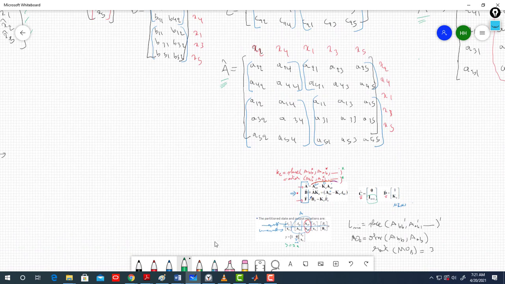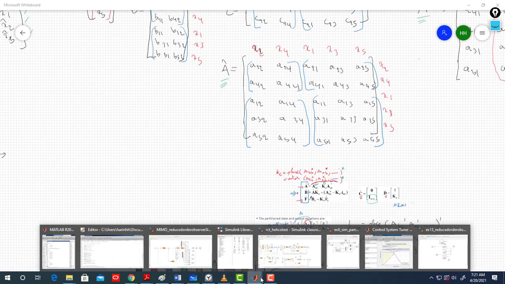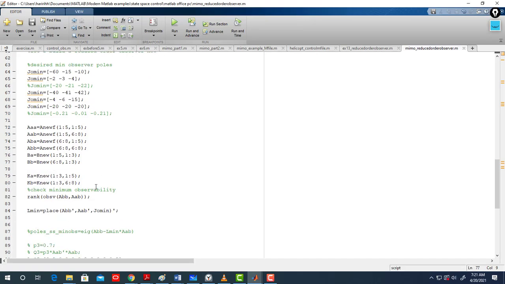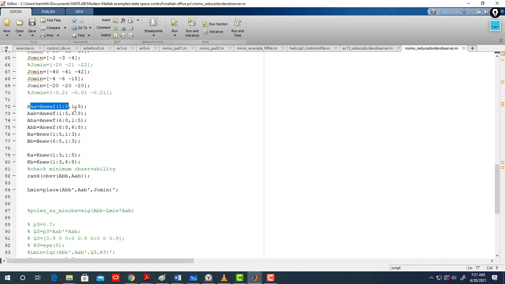You can look at it again in MATLAB. That's basically what I did. Good. I can check the minimum observability. Once it is, I design my minimum order observer based on my minimum observer dynamics, right? And that's it. So I go to Simulink,